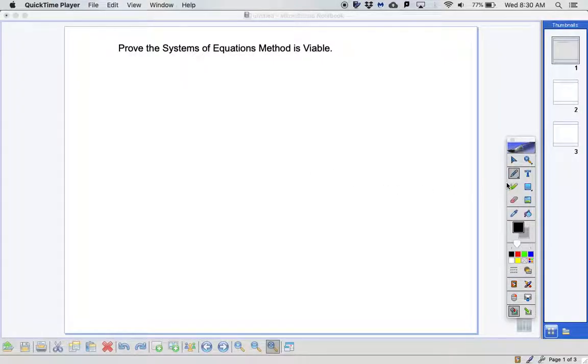Okay, welcome. Today I'm going to show you how you can prove that the system of equations method is viable. And the way we're going to do this is we're going to actually solve a system of equations both with elimination and with substitution. And we're going to show that you actually get the same answer no matter which method you do it. In order to make it a proof though, we can't use actual numbers, so we're going to